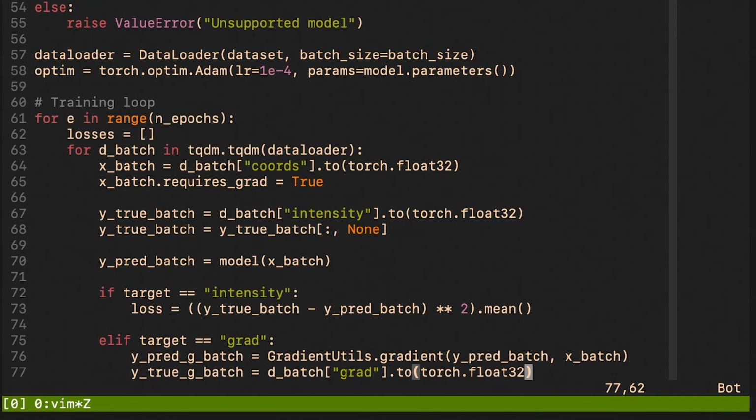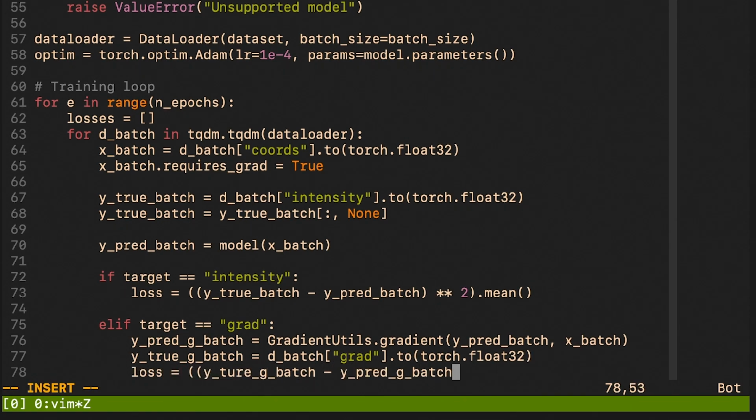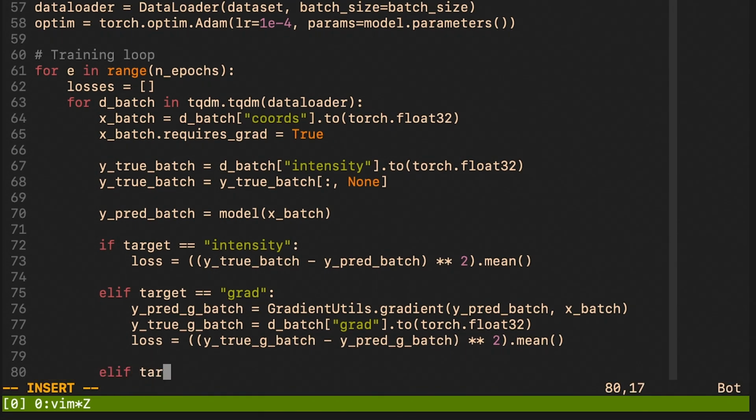If the user specified the target to be grad, then we use our gradient utils to compute the predictions. And as the ground truth, we use the image after applying the Sobel filter to it, which is an approximation of the gradient. The loss is again the mean squared error.